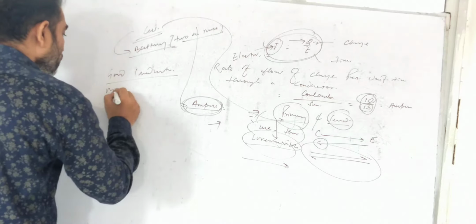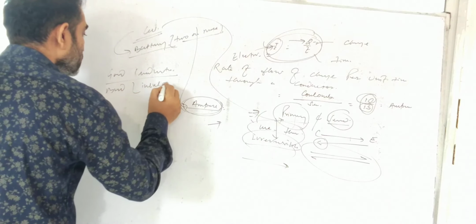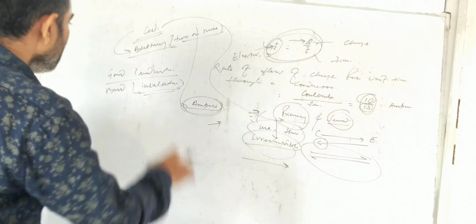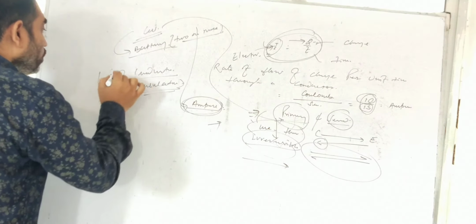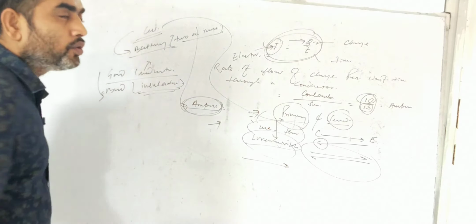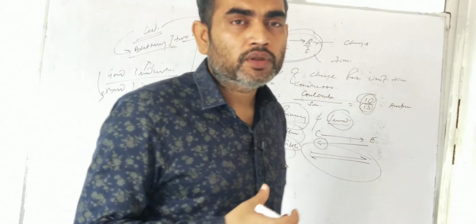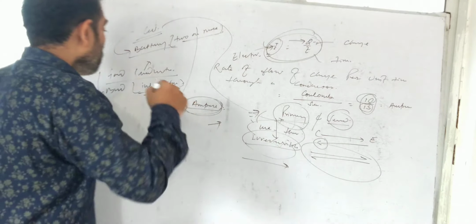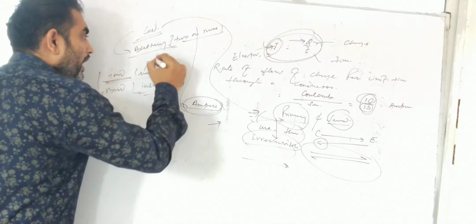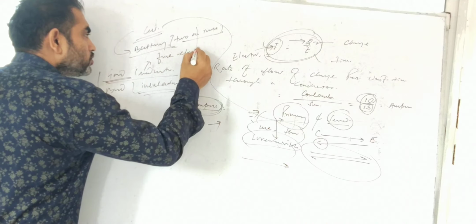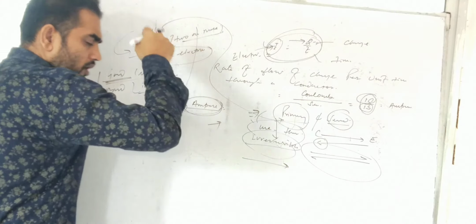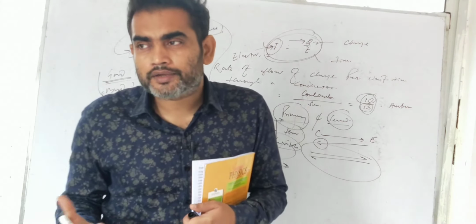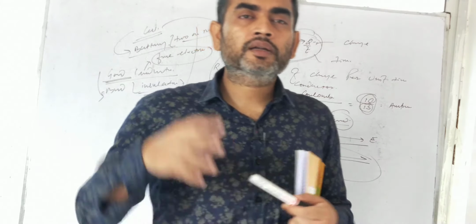For bad conductors we have another word, insulators, that do not allow electricity to pass through them. Okay, now what special quality do conductors have so that they are able to conduct, while insulators are not able to conduct? Every conductor has free electrons. Only if they have free electrons will they be able to conduct electricity. If they do not possess free electrons, they will not be able to conduct electricity.